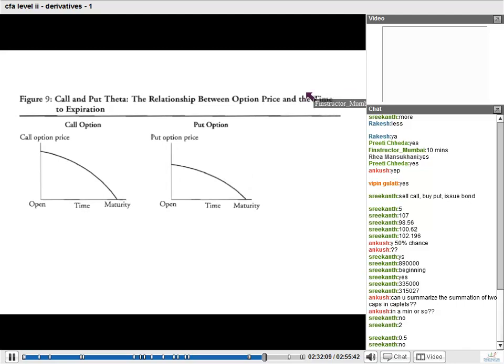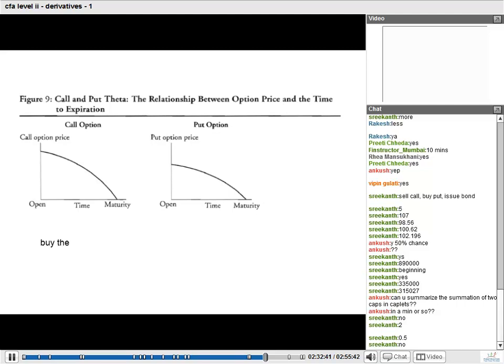Theta is the sensitivity of the price of an option to the passage of time. Please remember, as time passes, the value of all options decreases. Very close to maturity, the value of an option becomes 0. So imagine at the moment I give you an option that